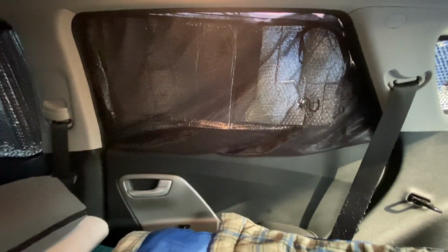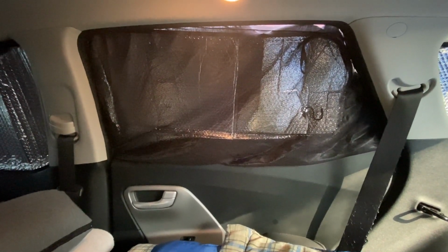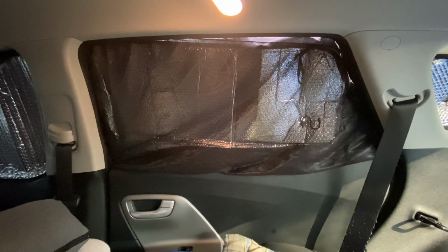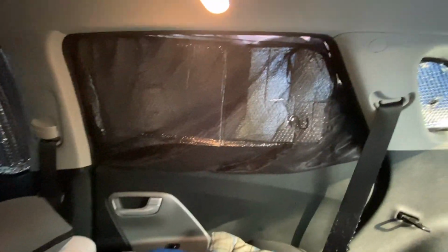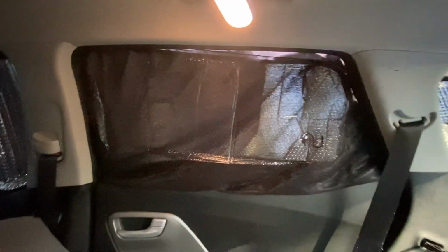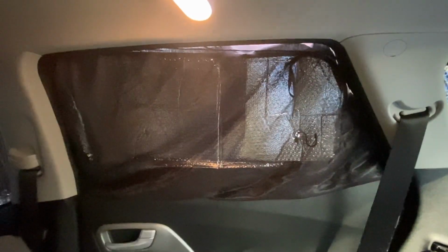And it didn't help that I went the worst possible way, which was that I was using reflectix from other sunshades or from our Blue Apron meal plan bags. So what was happening was that the stuff that I was using was much flimsier than you would get if you just bought a roll of reflectix. But these ones that are on the window now, although they don't look great, they do the job,